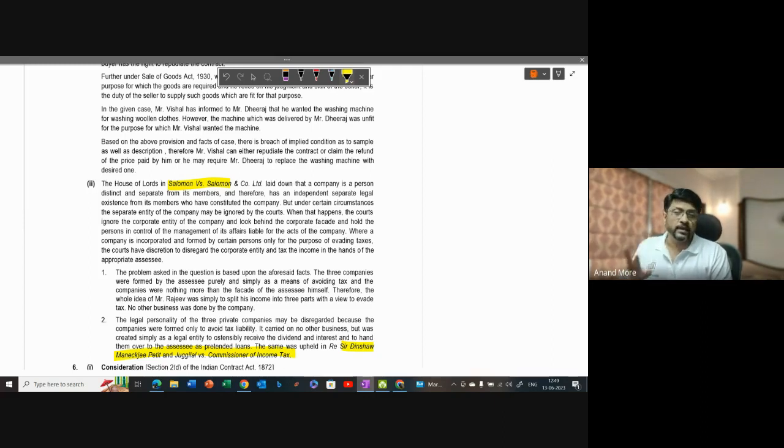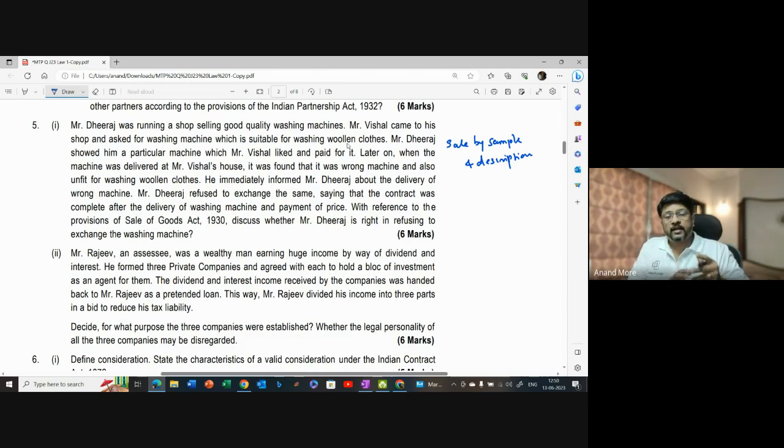If you can write both the cases, great. If you cannot write both the cases, at least write Solomon versus Solomon and Company, which is a very famous case anyway, is easy to remember. So in this case, it is mentioned that generally the company is different and the owners are different, and the court does not have a right to lift the corporate veil. They'll have to keep the identity of the company and the shareholders separate. However, in certain cases where the intention of creation of the company is basically for the purpose of tax evasion, the corporate veil can be lifted and the company's separate existence can be denied.